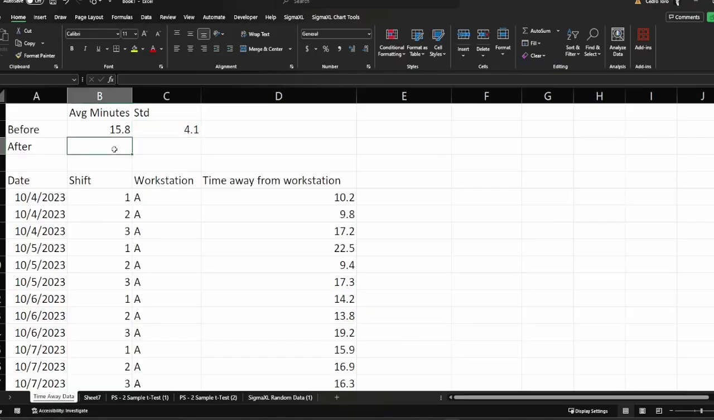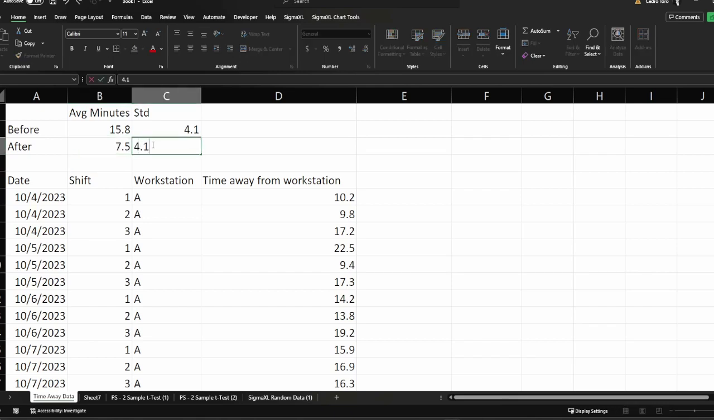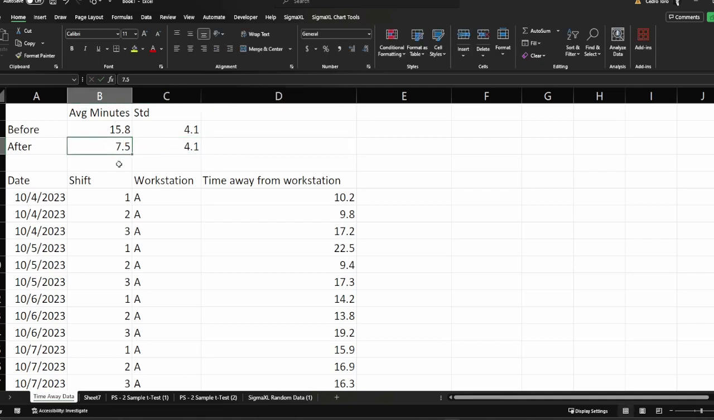So right here, we're going to assume that we cut that time in half. So we went from 15.8 down to 7.5. So we made an improvement of roughly 7.5. And let's assume that our standard deviation is going to be the same, about 4.1. Great, so that's the improvement we expect to make. So we're going to detect a difference of 15.8 minus 7.5, which is a difference of 8.3. That's the average number of minutes that we think we can improve this process by